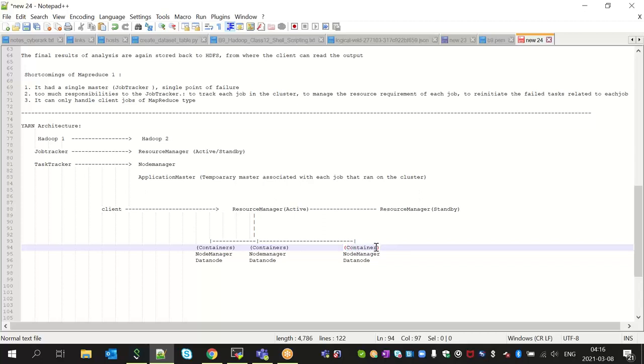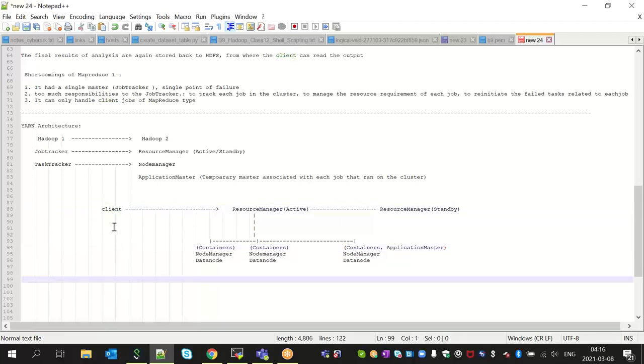So the application master will also run on the node manager. For each job, let's say this client one has run a code logic.py. Each job will run many containers over different node managers, and all these containers